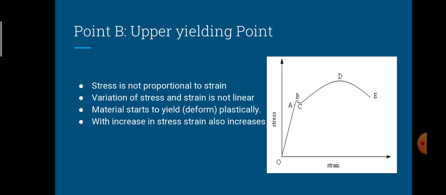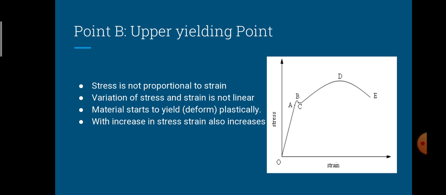So plastic deformation is the one wherein if you apply the load on the object and if you remove the load, there will not be any regaining of the dimensions completely. Means, for example, if you apply the load, deformation will be caused due to the application of the load. So if it is within the elastic limit, if you remove the load, then the change in the dimensions will be regained completely after the removal of the applied load.